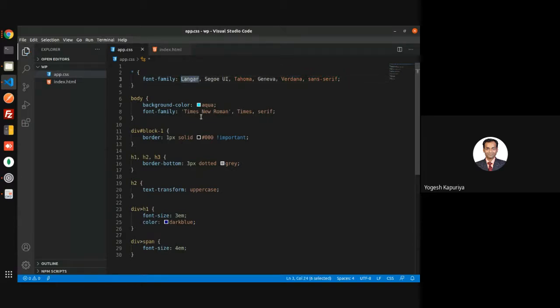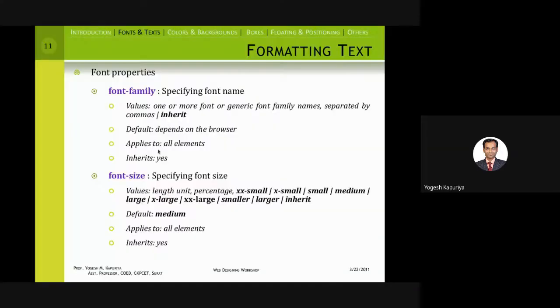This is mandatory. So you should write it as a single name. If it contains a dash, then it's fine. But if it contains a space, then you should write it using single quotes or even double quotes.